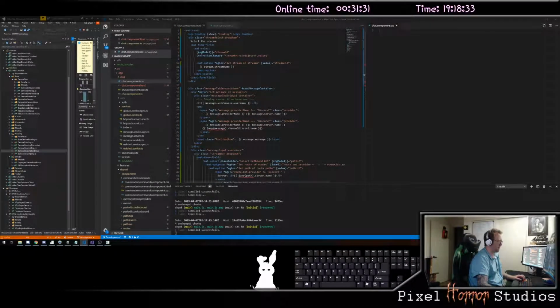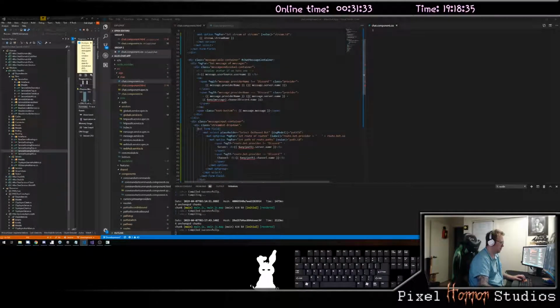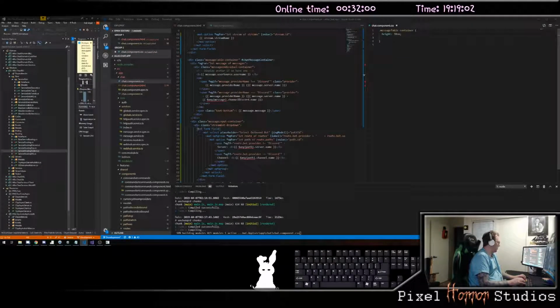When I look at my chat component here, I have this message table container. On this, I'm going to say that my height is going to be 30 EMs, and we're going to say that my